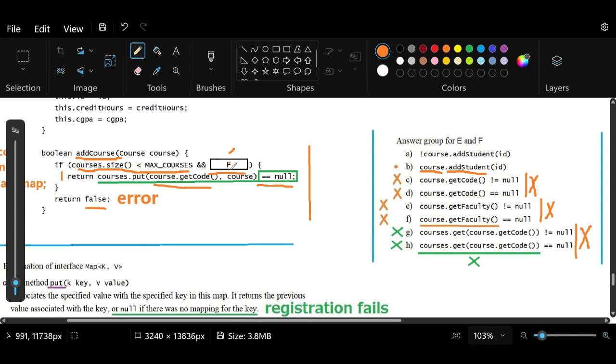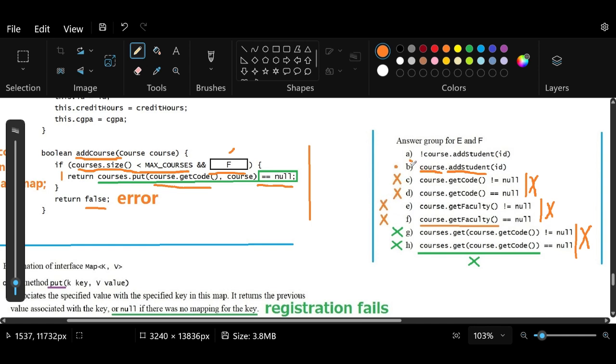And once we have both true, then we can enter this portion and this portion of the code and return a value. For example, if we're successful, then it would return a null here, and null equals null is true. Then that means we have successfully added a course to the student. Okay,